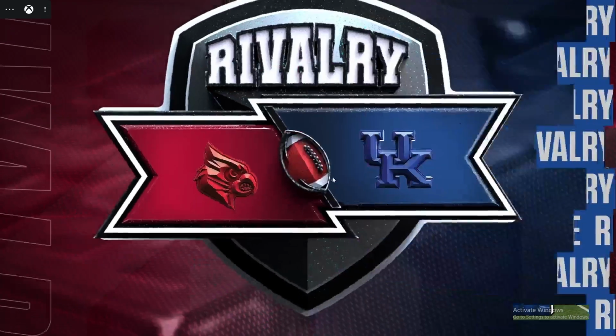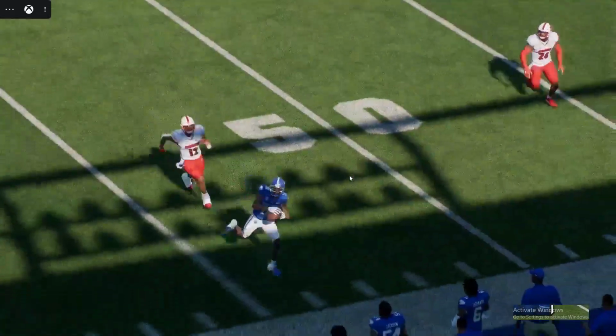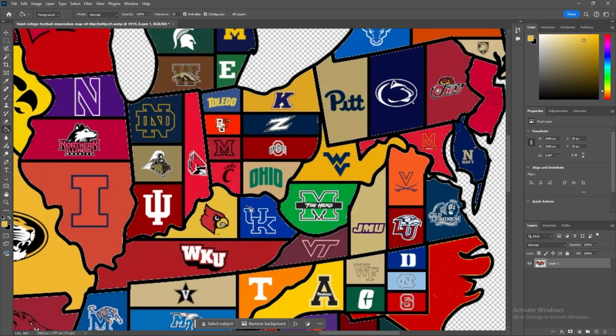Louisville and NC State have moved on, and Kentucky and Eastern Carolina have been removed from the map. All right, so we move on here. Kentucky has been completely taken over by Louisville. As you can see right here, guys, Louisville has taken over this state, and now they are only competing within